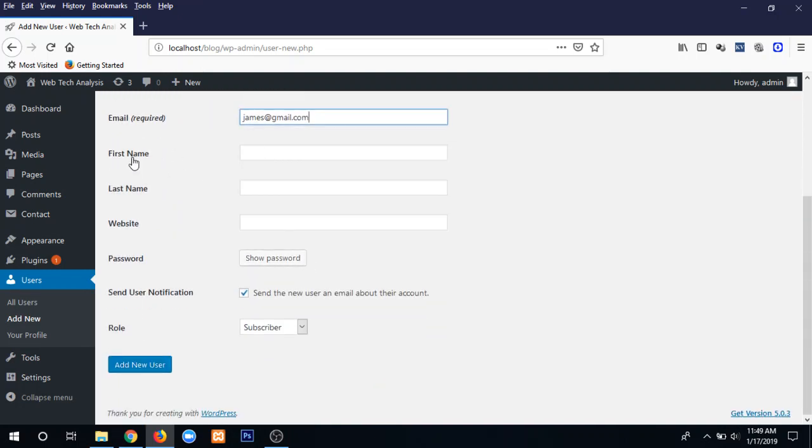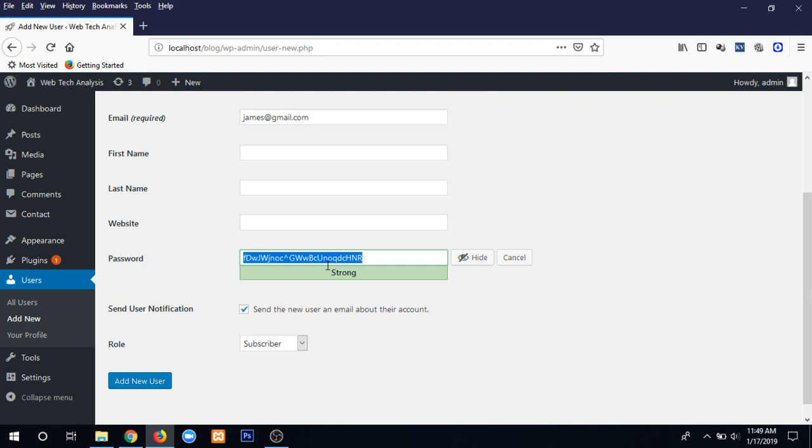Okay, you can write anything in here. Okay, you have to create a password now. Show password, you can see it's a password. Okay, it is a critical password. You can see I am simply adding a simple password